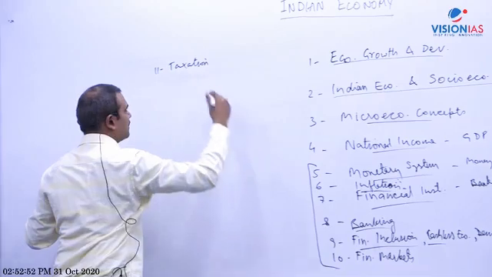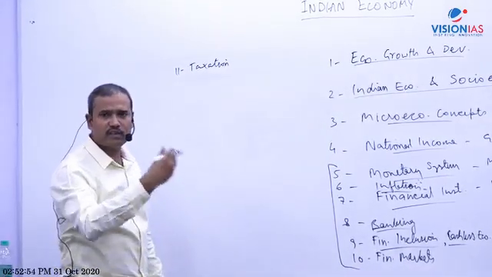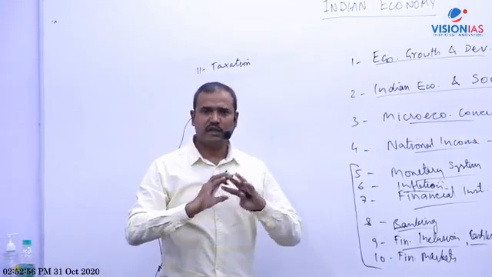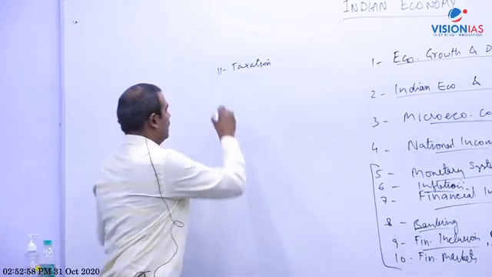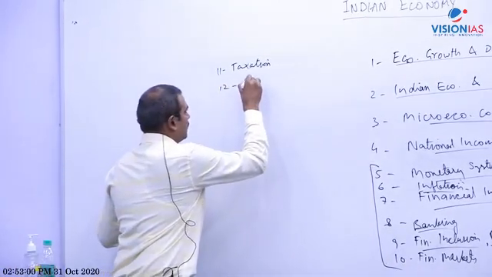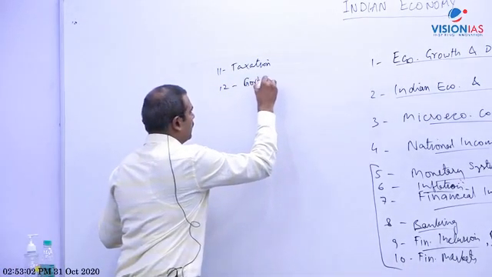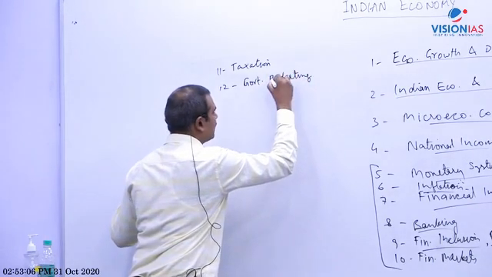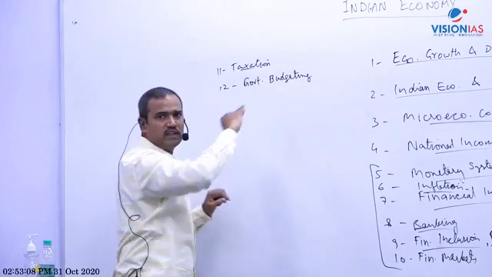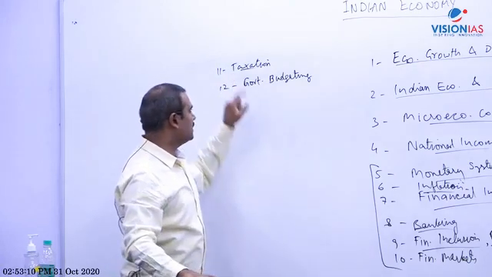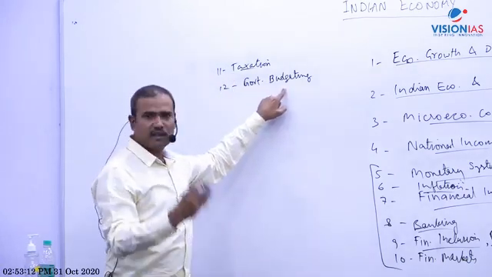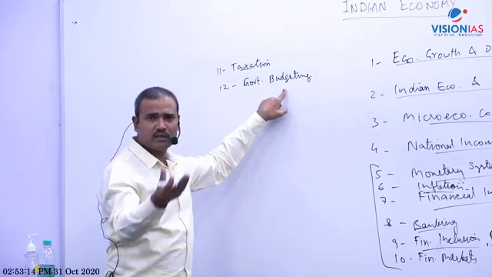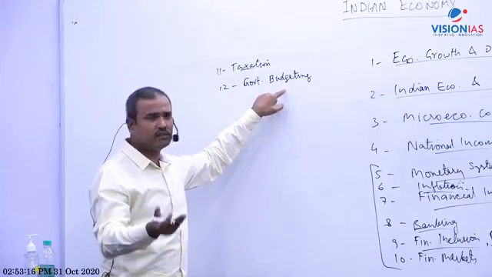Then the 11th is taxation. Taxes like GST and various other tax forms; the government is reforming the entire taxation system now. Another topic is government budgeting. Actually, taxation is a part of government budgeting, but tax is very long. A lot of reforms were initiated, especially after GST. So government budgeting, like I told you already: government budget, deficits and implications, center-state financial relations.